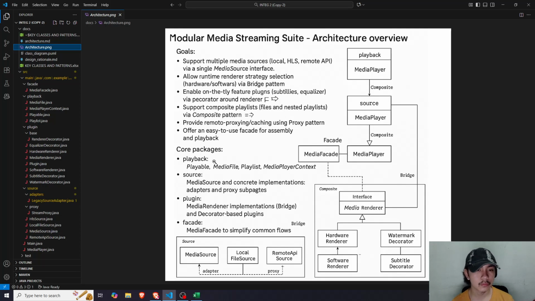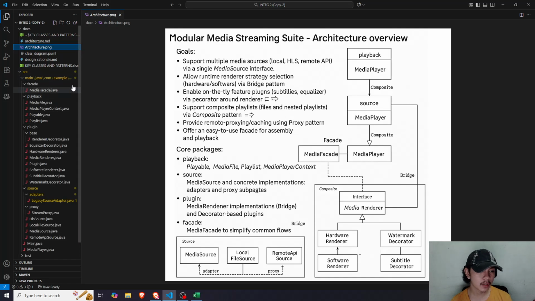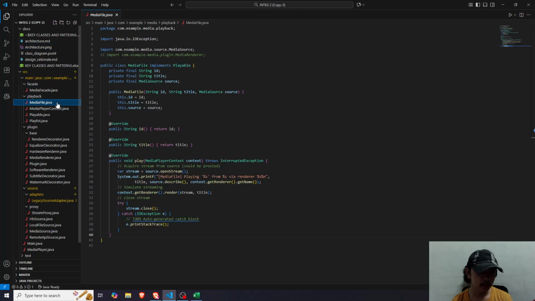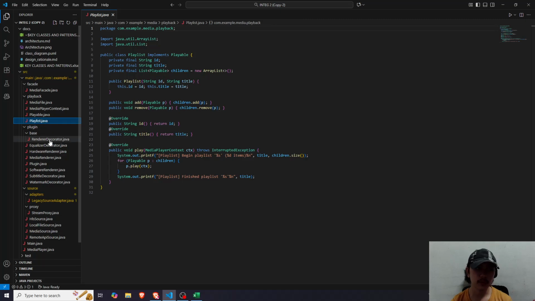Let's proceed to the key classes and the patterns. This project has a lot of classes, so with the limited time that I have, I can't share each and every class.